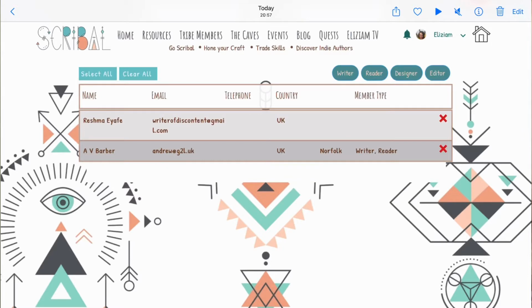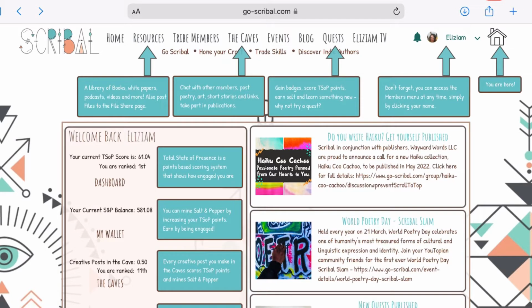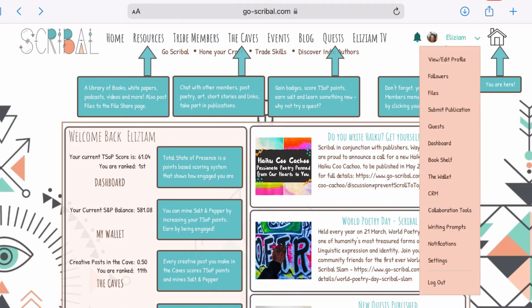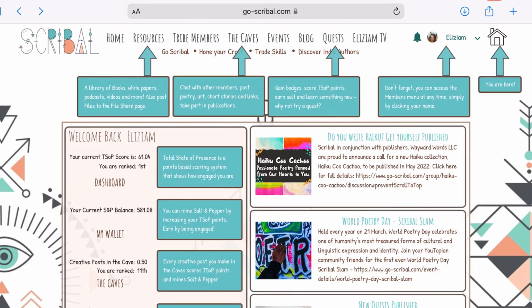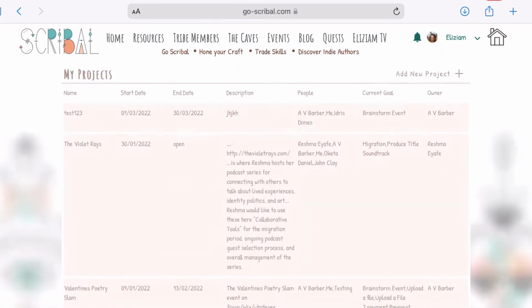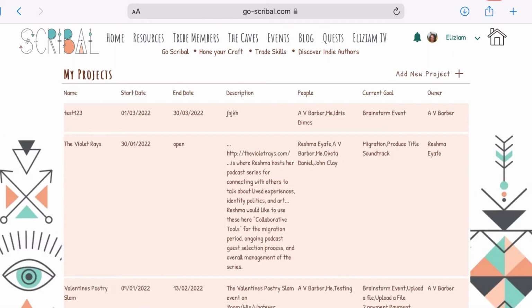So as you can see, I've got both you and Reshma in my CRM at the moment. And I would like to set up a project. Okay, so if you go to the members menu, you'll see that just over halfway down, there's one called collaboration tools. So if you want to click on that. Got it, yeah. So the first thing to take note of when you go into this screen is that this is a list of all of the projects, the programs that you've already got